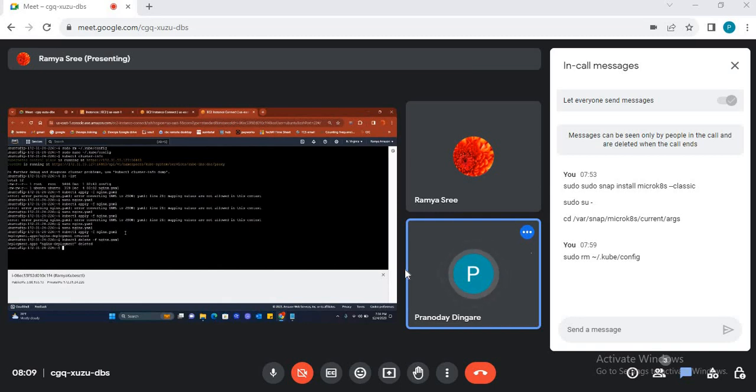So it has got a 4 GB RAM and 4 virtual CPUs. So that's what we have created. We have installed microcats as we had already done. So we have already done those same steps, and we have got the microcats cluster created. Now we have also created a YAML file to create the deployment. Now we are going to